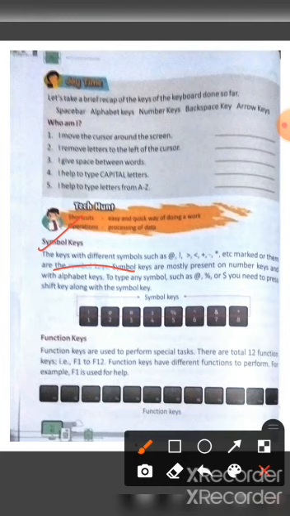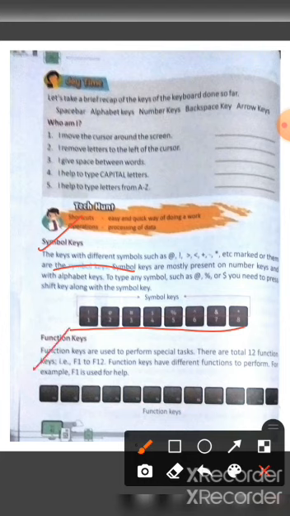To type any symbol such as at the rate, percent or dollar, you need to press the shift key along with the symbol key. So students, if you want to type any symbol key, you have to press the shift key first.